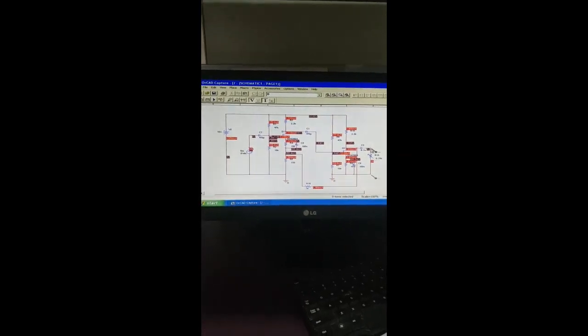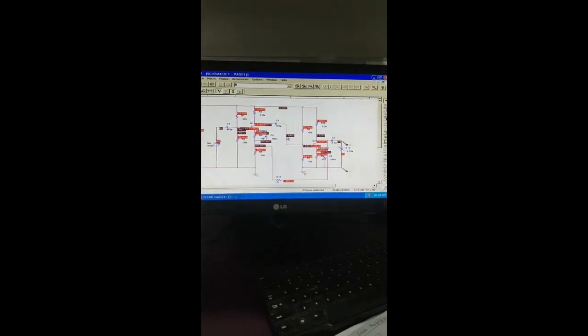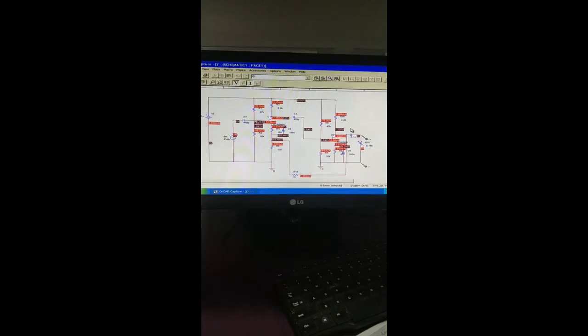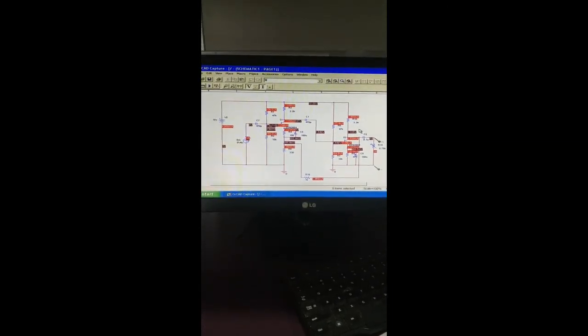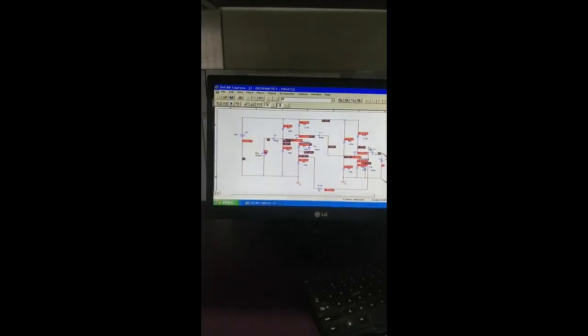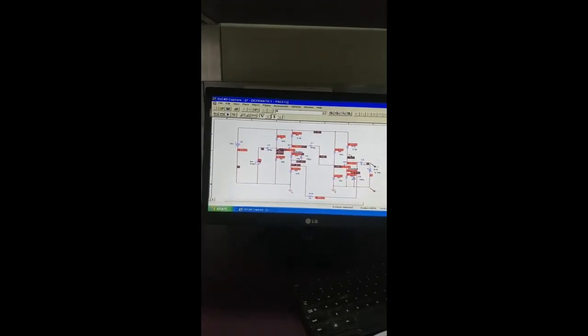And similarly we'll connect a variable resistance at the output and vary its value such that the output voltage reduces to half of its maximum value. So this is how you can observe the gain frequency response, and find input and output impedance for a voltage series feedback circuit.